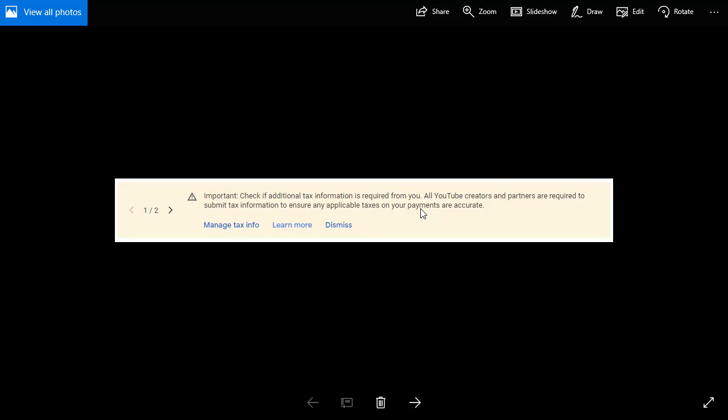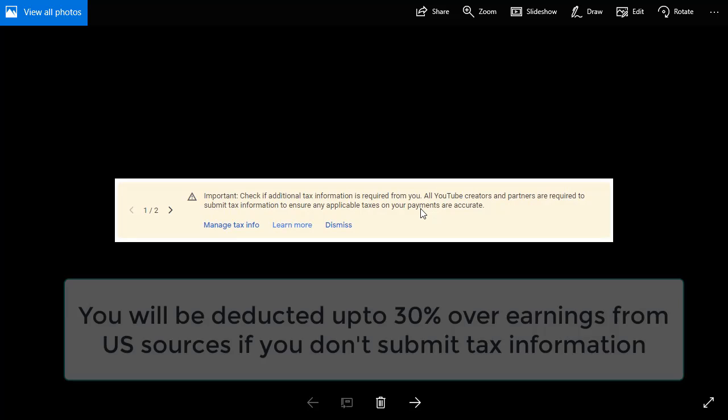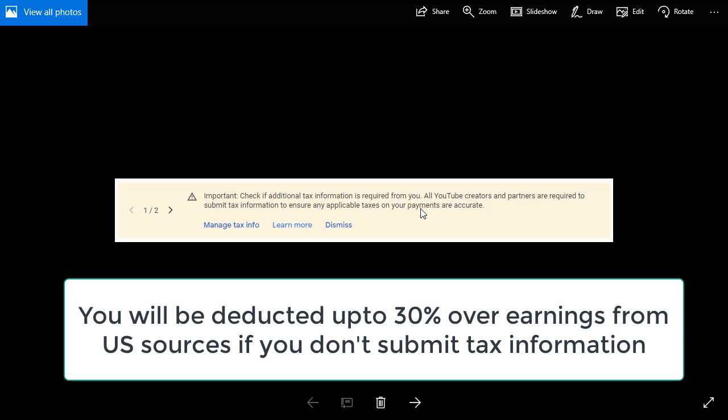So if you have a targeted audience in the US, let's say you're located in Africa and you upload videos for a US audience, then these taxes are going to fall on you very badly. YouTube is going to get 24% of your earnings coming from the US, which will give you little revenue per month, which you don't want.